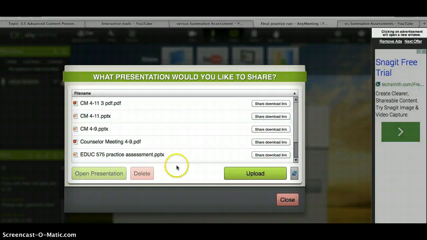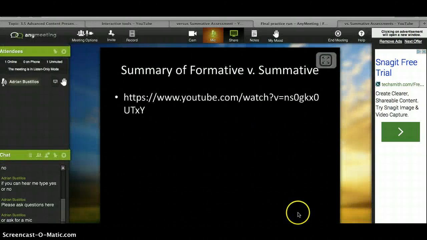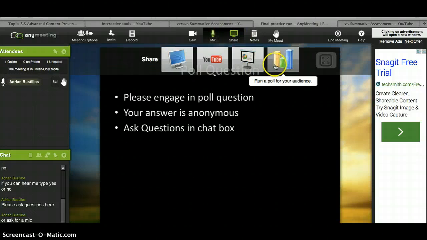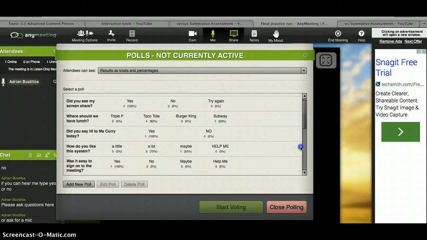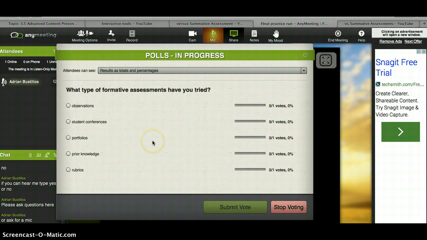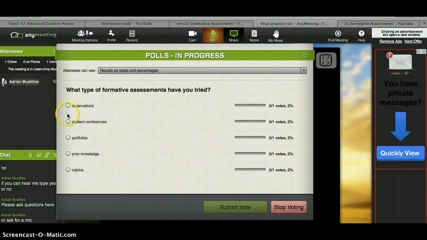Let me go ahead and throw our PowerPoint back up. Okay. So at this time, I'm going to go ahead and open a poll on the assessments. I just want to know, what type of assessments have you used? Go ahead, I'll give you about 10 seconds here. Great, thank you.